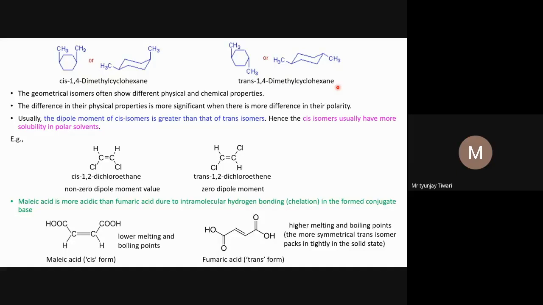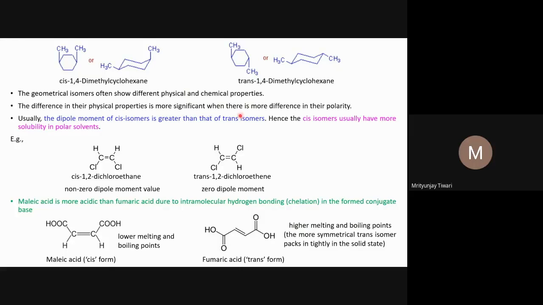The geometrical isomers often show different physical and chemical properties. This is a very important point. Because they are isomers, they have different properties. That is why they are considered different compounds. So they show different physical and chemical properties, and the difference in their physical properties is